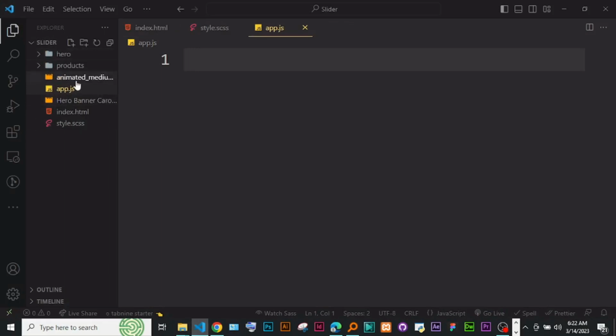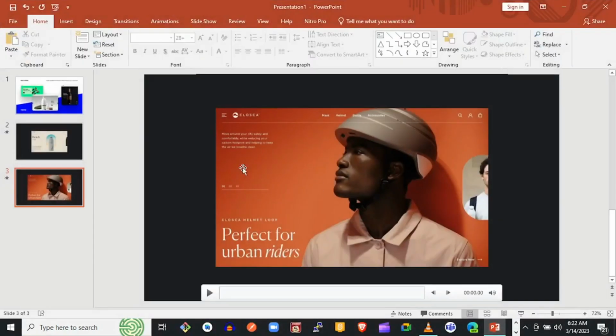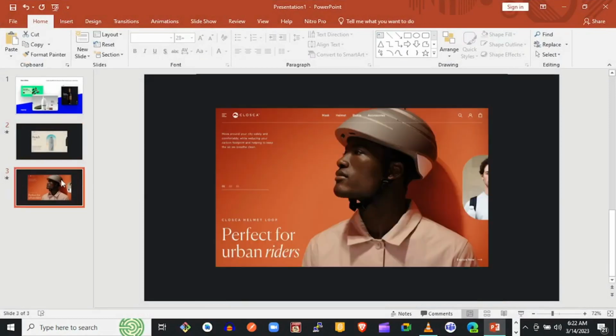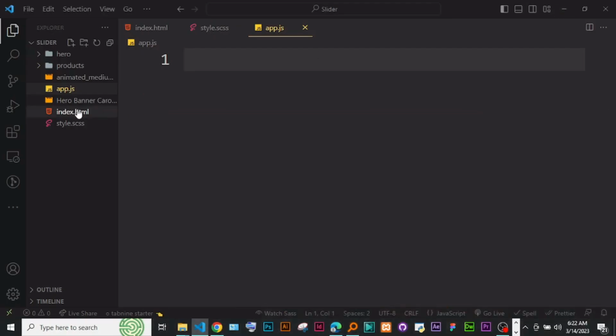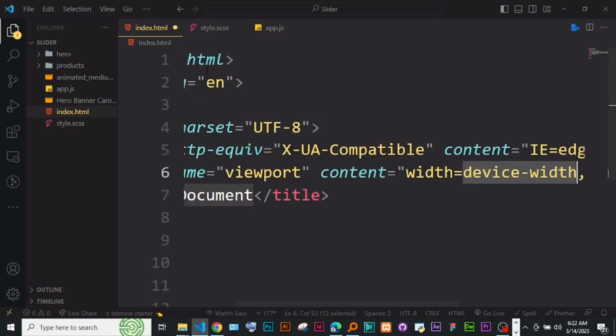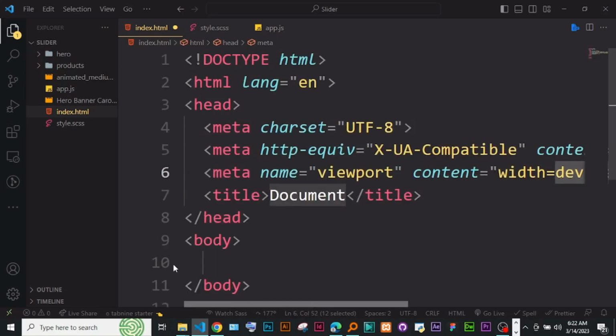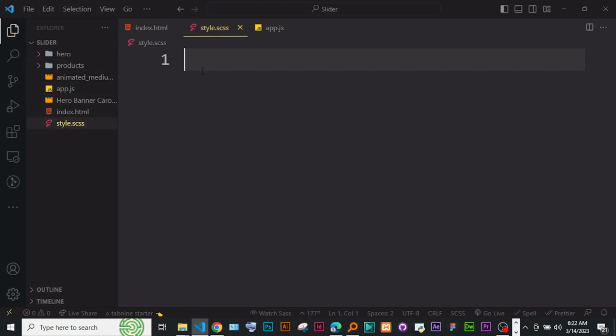Never mind about these videos, these are the ones you saw in the slide here. These are those two videos, and I got the impression from Dribbble. The only thing I have is my index, which is blank right now. I can first put the layout there just like that. I also have my style.scss, which is also blank, and then I also have app.js, which is also blank, and